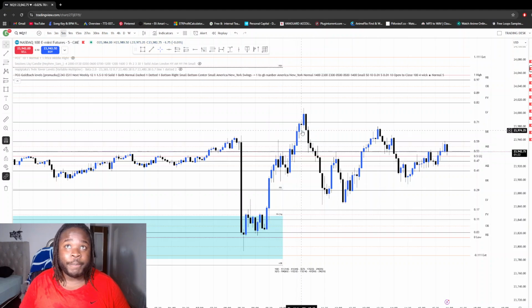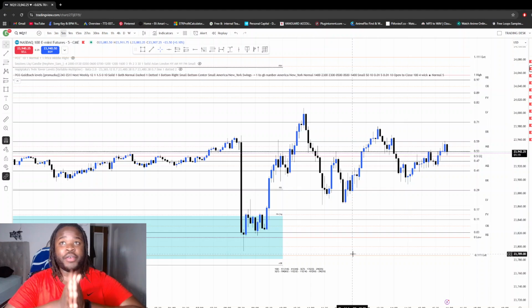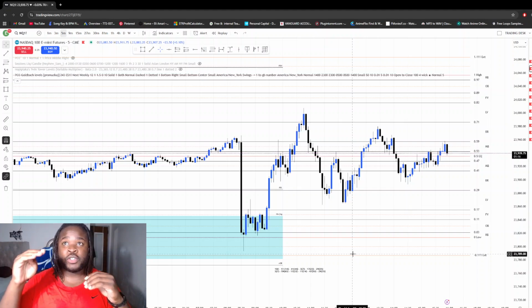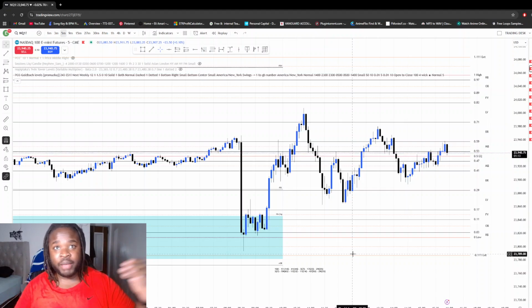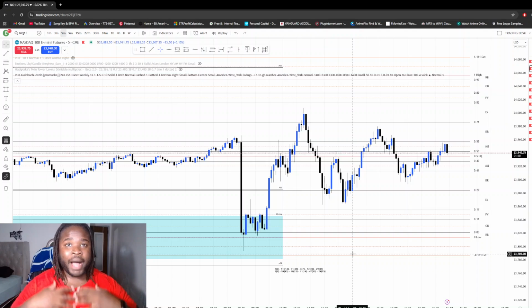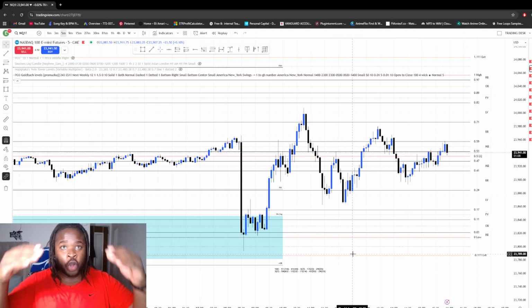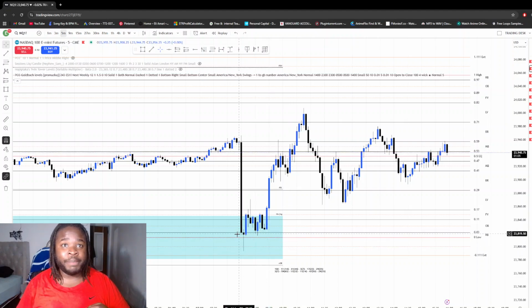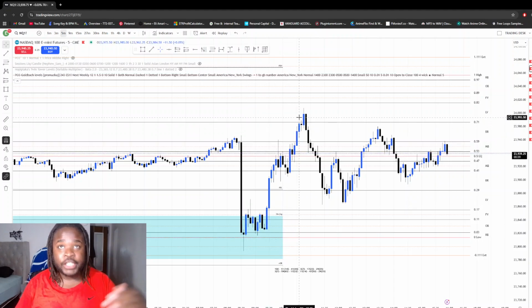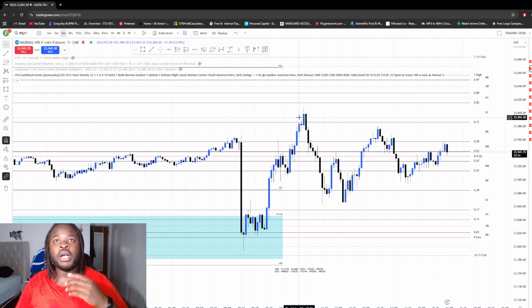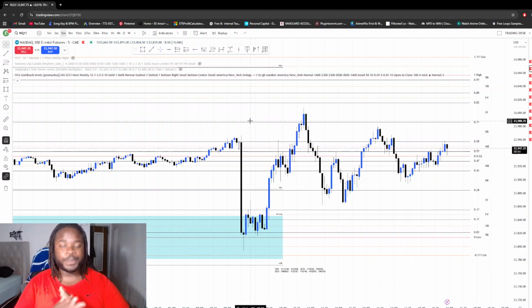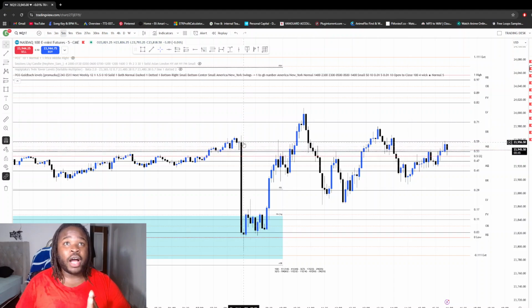Now it's very important to know that the 243 PO3, obviously there's a premium in it and there's a discount. Our bias is obviously, we're going into a discount, so it's going to be a great opportunity to look for longs to deliver into a premium. So this is exactly how you want to be thinking about using this, right? So market opens. You do not place a trade until you see price run into this key level,